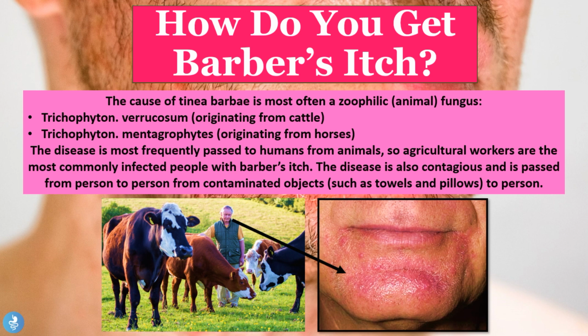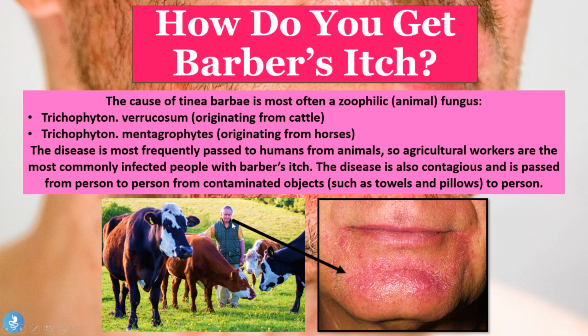So the majority of people who suffer from the disease actually get it from an animal source, such as cattle or even horses. Some domesticated animals such as cats and dogs have also been said to cause the infection, but the majority of cases actually come from cattle and horses. So the fungus causes similar signs and symptoms in these animals,